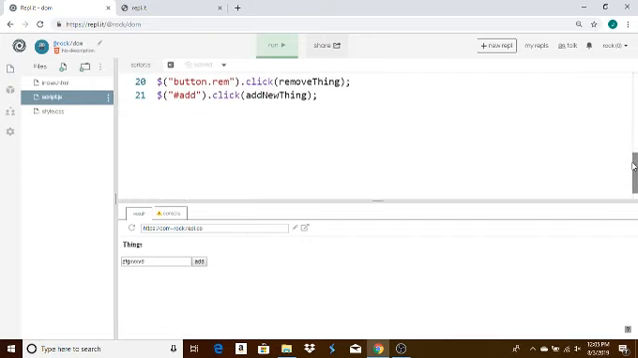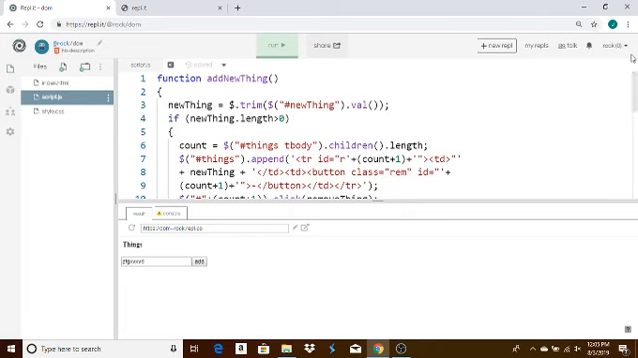So using jQuery, I'm going to bind some functions to click events. Actually, this one's not even necessary. So as soon as the page loads, that add button isn't moving, it already exists, and I can bind to the add button the add new thing function. Add new thing